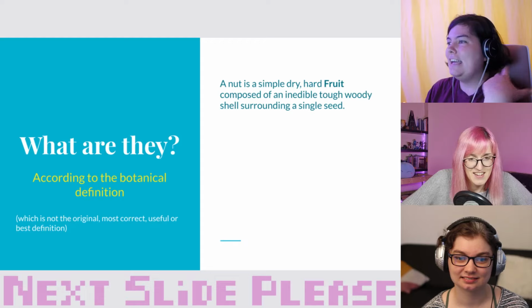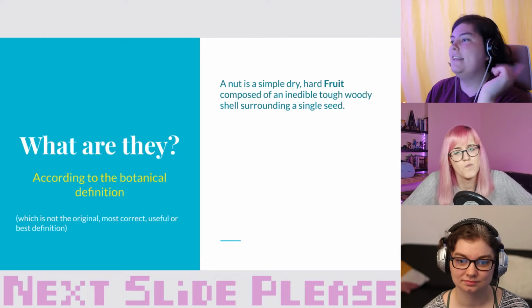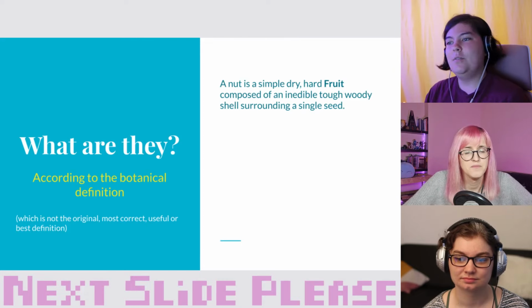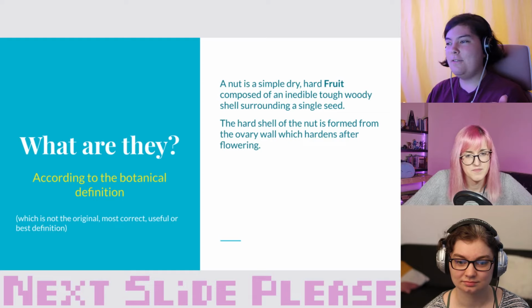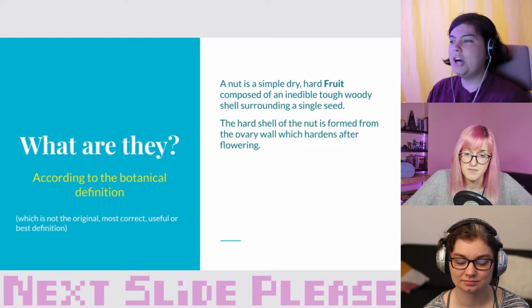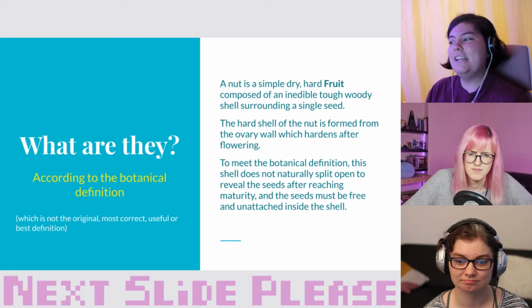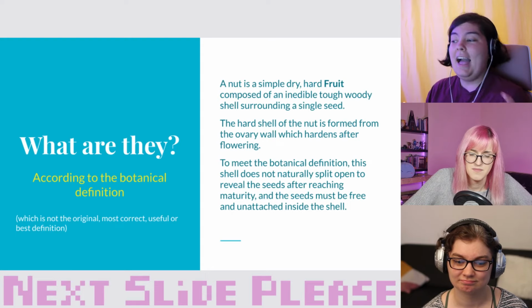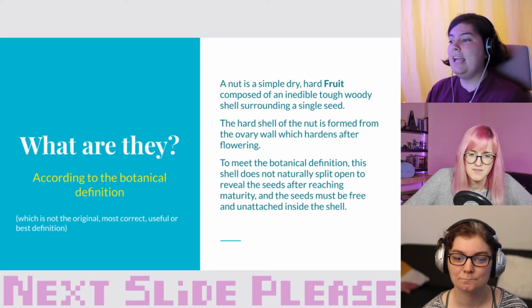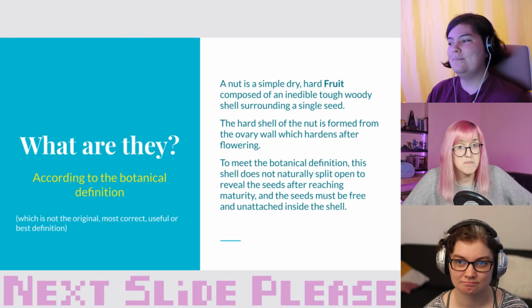A nut is a simple, dry, hard fruit composed of an inedible, tough, woody shell surrounding a single seed. The hard shell of the nut is formed from the ovary wall, which hardens after flowering. To meet the botanical definition, this shell does not naturally split open to reveal the seeds after reaching maturity, and the seed must be free and unattached inside the shell. Okay, that sounds like a very specific